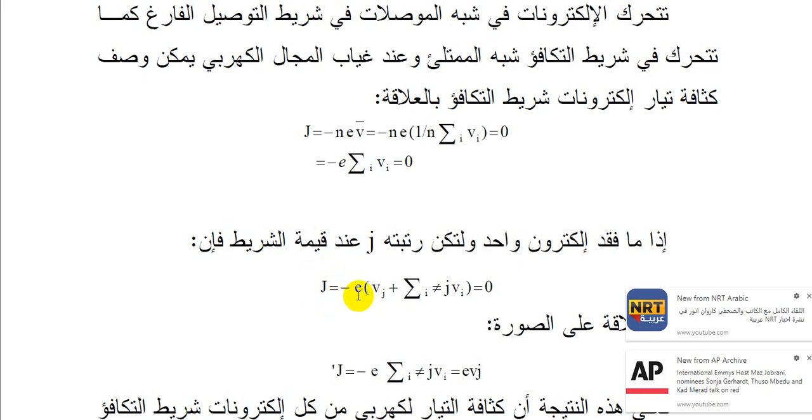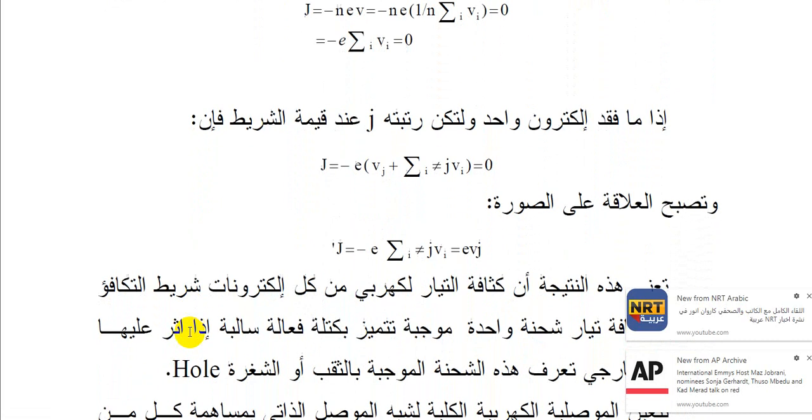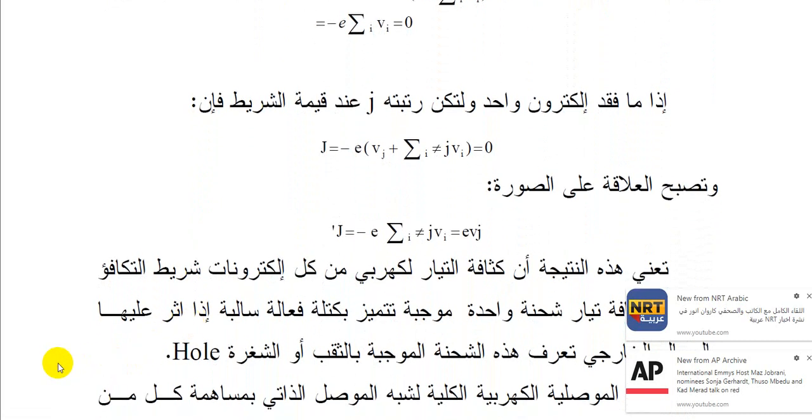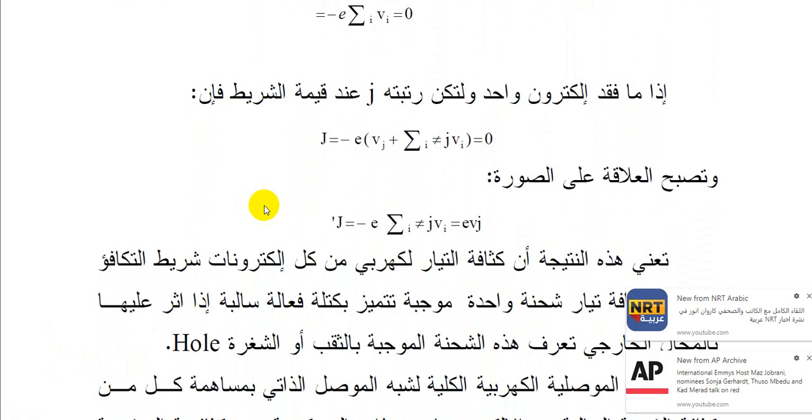E هو الإكسبوننشال أو هو شحنة الإلكترون. V السرعة، سرعة الدفع أو سرعة الانجراف. V is the drift velocity, plus summation the EI JVI equals 0. Does not equal 0. All right. It means this is very valuable. The electron current density value does not equal 0.